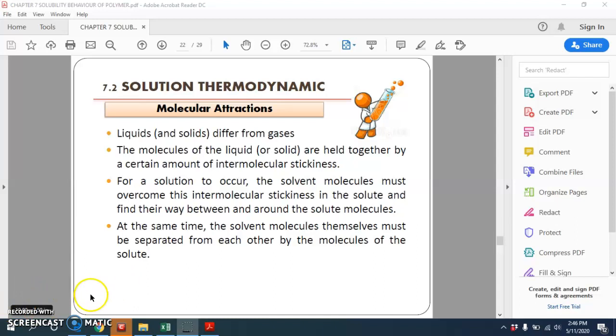Okay, molecular attraction. Liquid and solid differ from gas. Okay. For a solution to occur, the solving